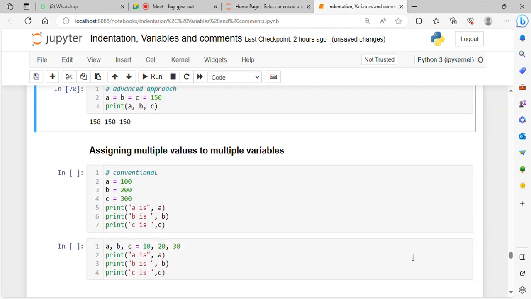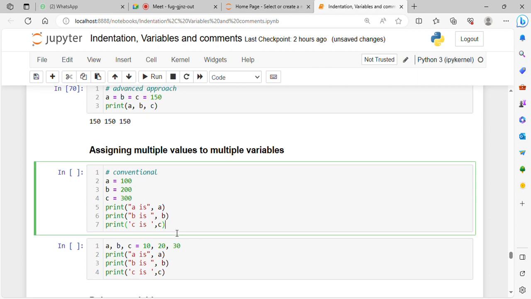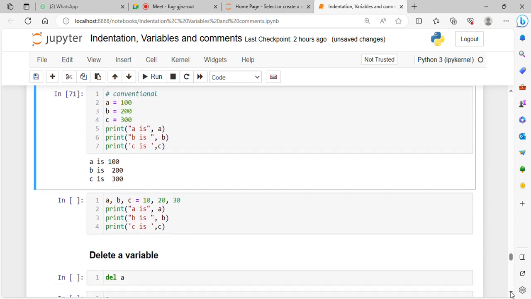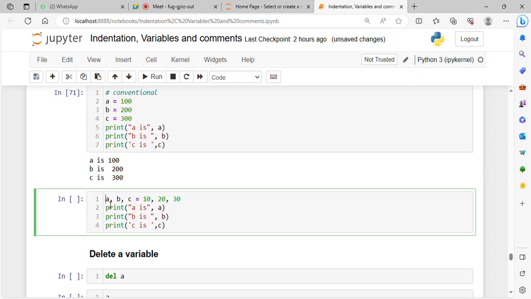Okay, next, how to assign multiple values to multiple variables. आता एकच व्हॅल्यू असाइन करायचं आपण बघितलंय. But how to assign multiple, वेगवेगळ्या व्हॅल्यूज असाइन करायचे वेगवेगळ्या व्हेरिएबल्सला. So the conventional, normal approach is in this way. A equals to 100, B equals to 200, C equals to 300, and we will see the output. Here A is 100, B is 200, C is 300. Okay, this is the normal approach. Advanced approach,